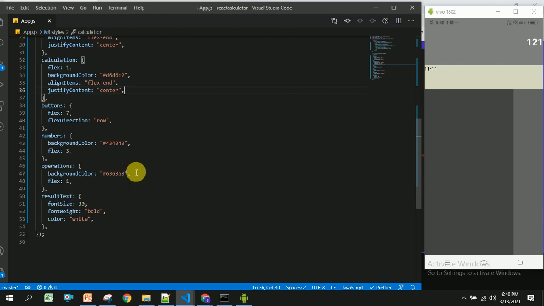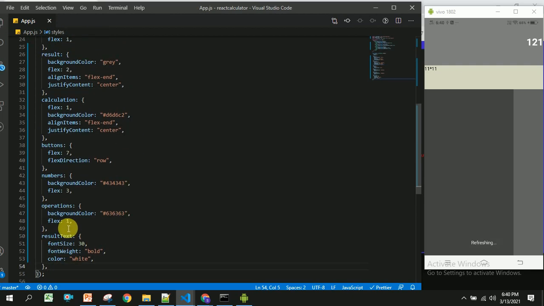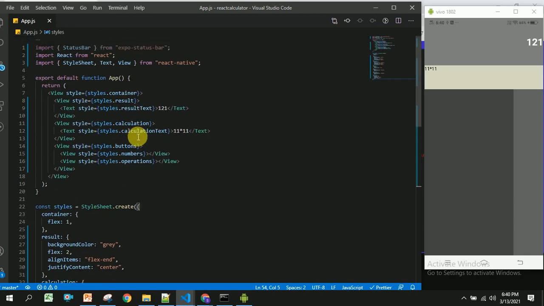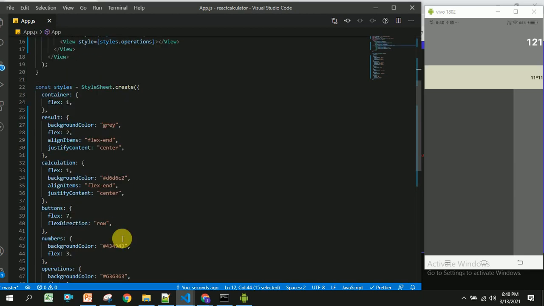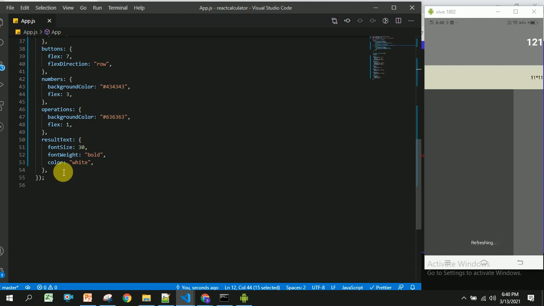Let us save this. The next one is I am going to copy this calculation text and write some styles for this.